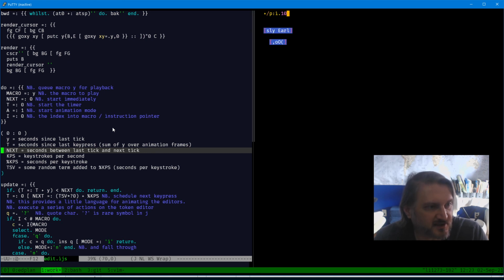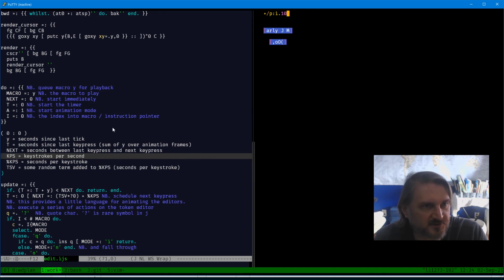Next is the seconds between last tick and next tick. So maybe last key press and next key press. Seconds between last. We are in seconds, so yes, this is what I want. All right, so let's just see what that